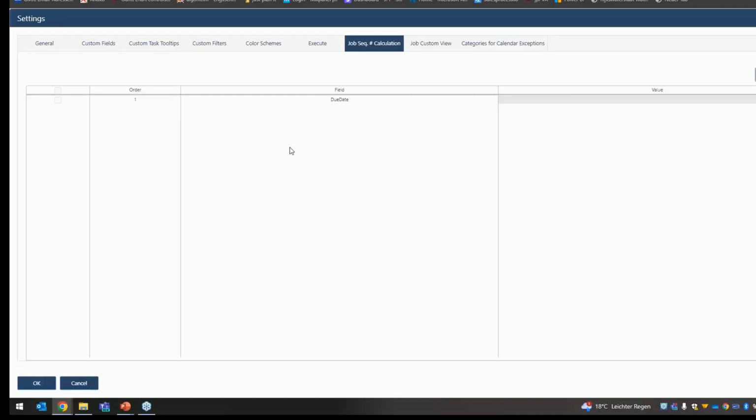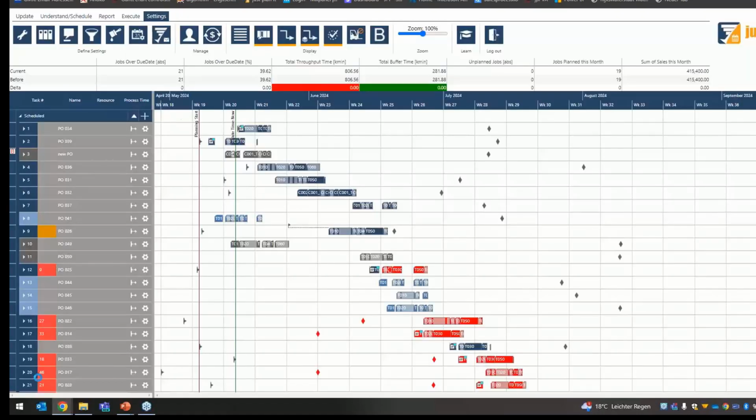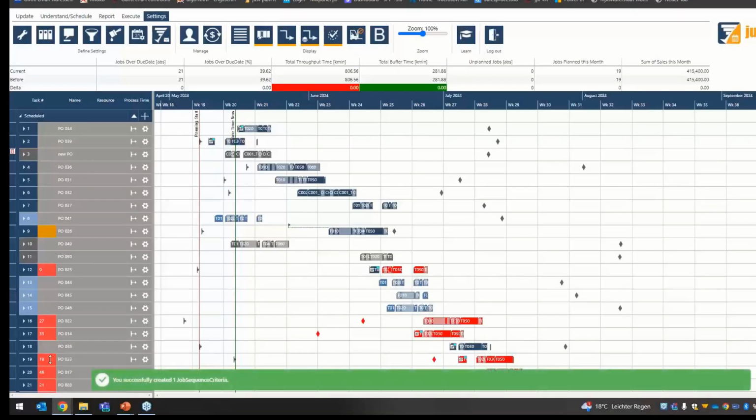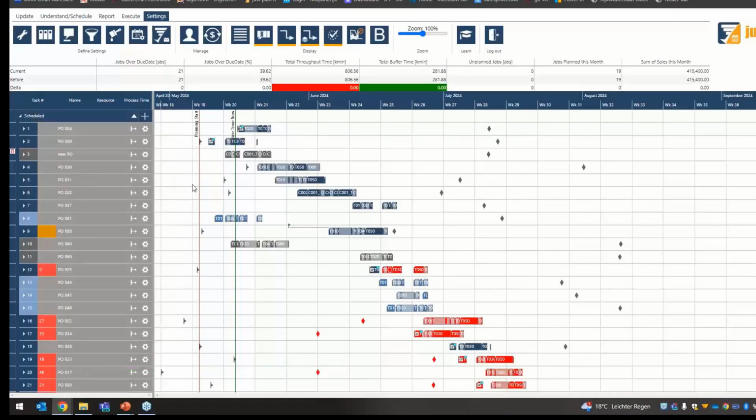Now the job priorities will be calculated based on the due date in that way that the nearer in time the due date, the higher the priority of the job. Okay, so let's first add the criteria. And this is now added, but not yet calculated accordingly. To trigger a resequencing,